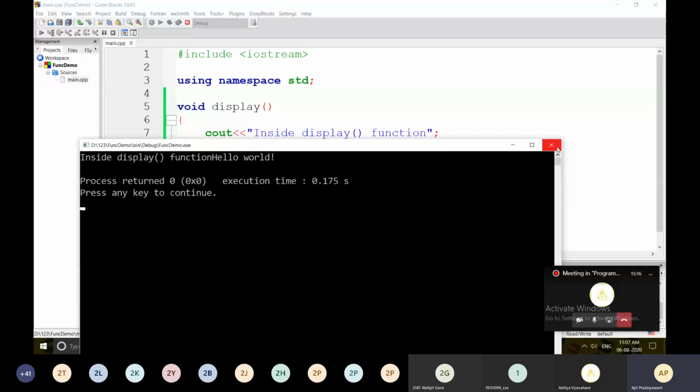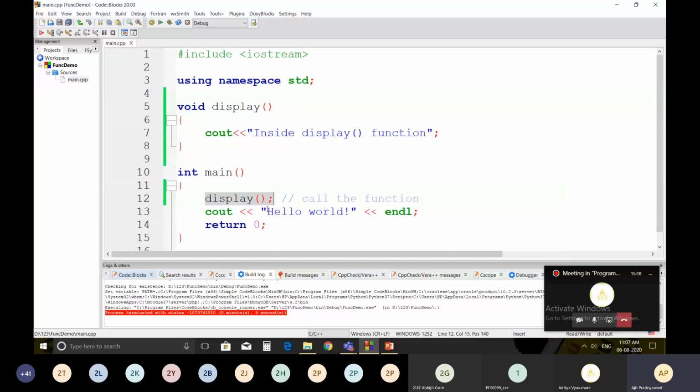What happens when you call this function? When you call this display function, control goes to the display function. It will execute the statements present inside display, and at the closing curly bracket, control comes back to main and goes to the next statement.